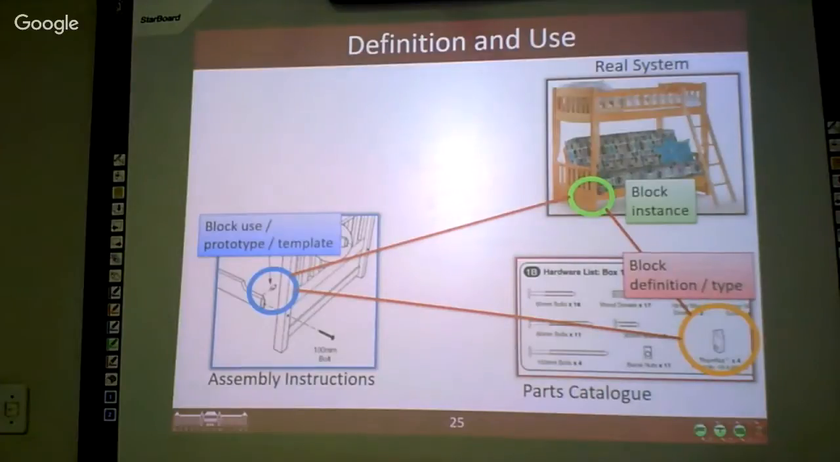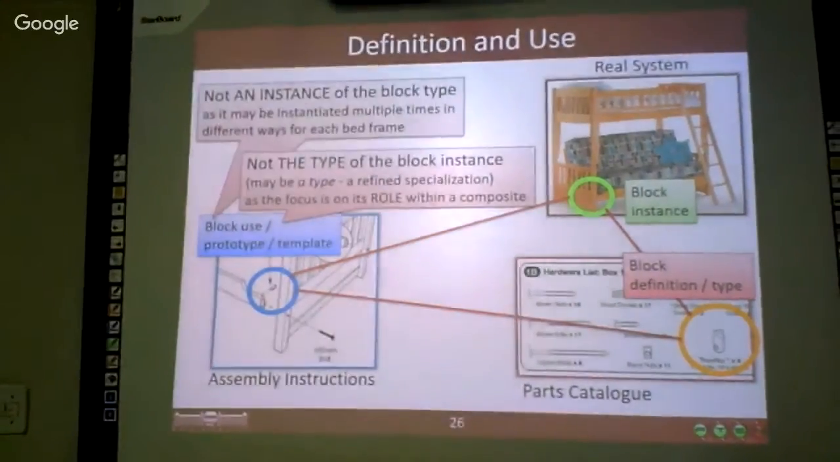So in the parts catalog, we defined the blocks and their types. Then we showed how one should use them. This is a kind of template of the usage. And here is the block instance of our small element. It is a real physical object in this case. And what you can observe is that